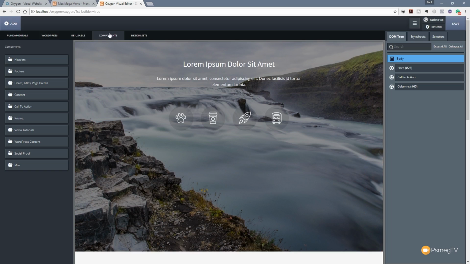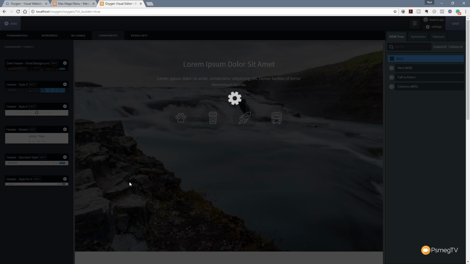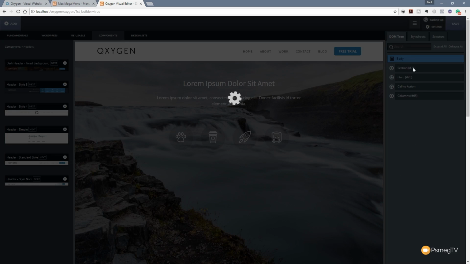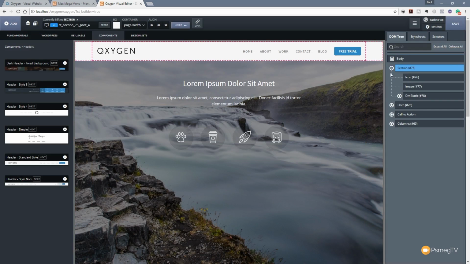I'm in the components section, and what I'm going to do is come down and add in a new header. So I'm going to come into that and choose a style that I like. I'm going to go for something simple like this header standard style. We'll click to add that in there. If we find it goes into the wrong location, we can easily restructure that by using the DOM tree on the right hand side. Now let's expand that out and find the div block that controls the physical content